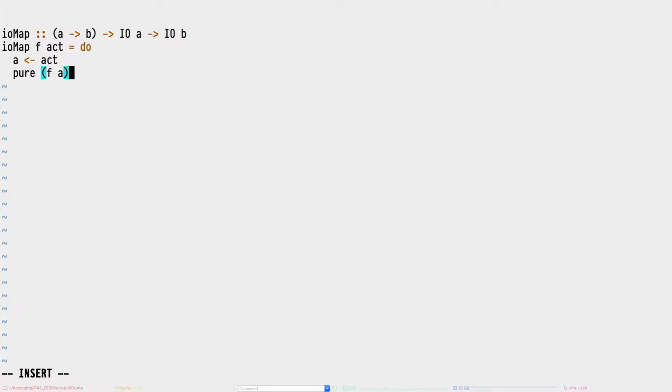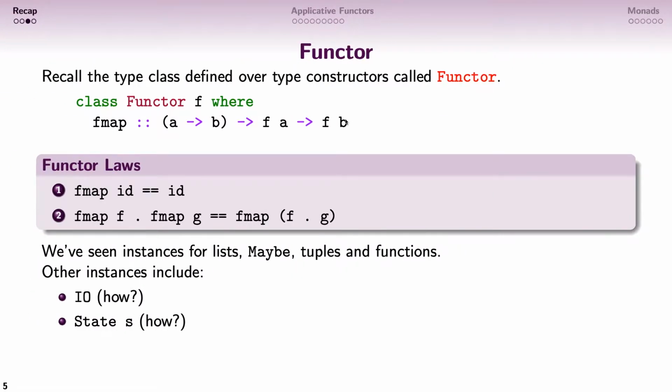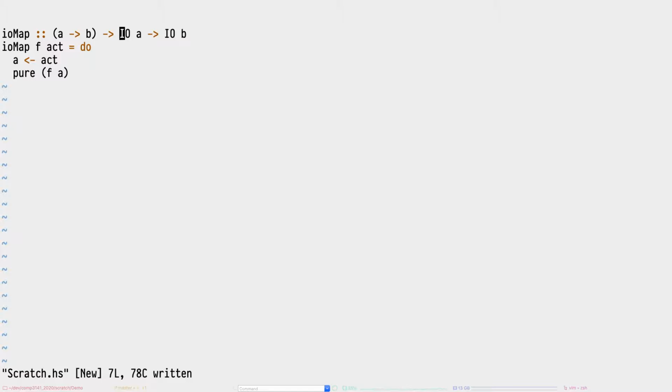And that is essentially the fmap implementation for IO, right? So it will run the procedure and then run this pure function a to b on the result of that procedure once the procedure has finished, right? And it composes basically this IO procedure with this function to give you an IO procedure that returns the b instead of the a. So that's map for IO, and we can even have the same thing